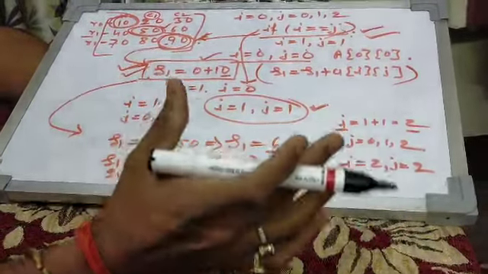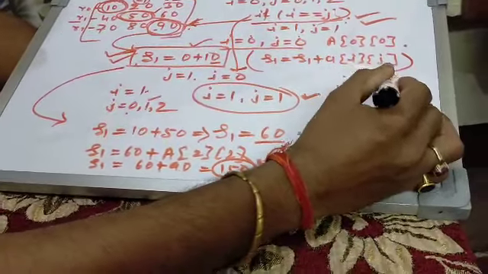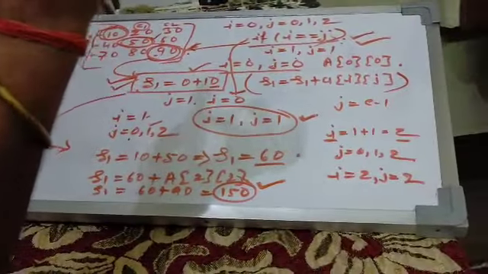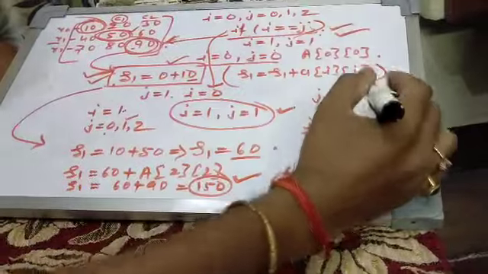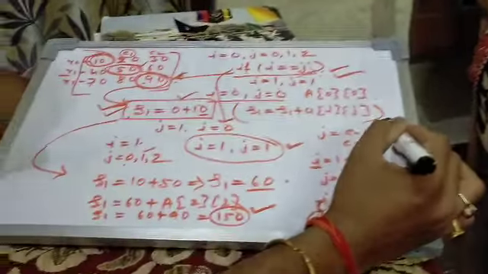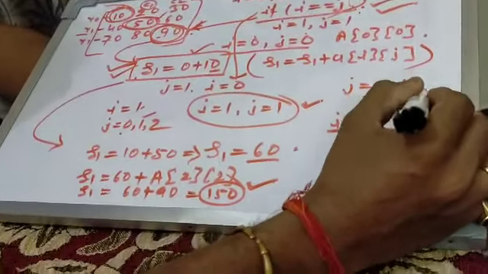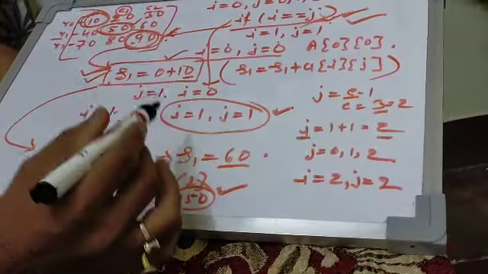So in finding the second diagonal, the value of j is c minus 1. The value of j is c minus 1. So c is equal to 3. The total number of columns is equal to 3. So the value of c minus 1 is 2. But according to this condition, only